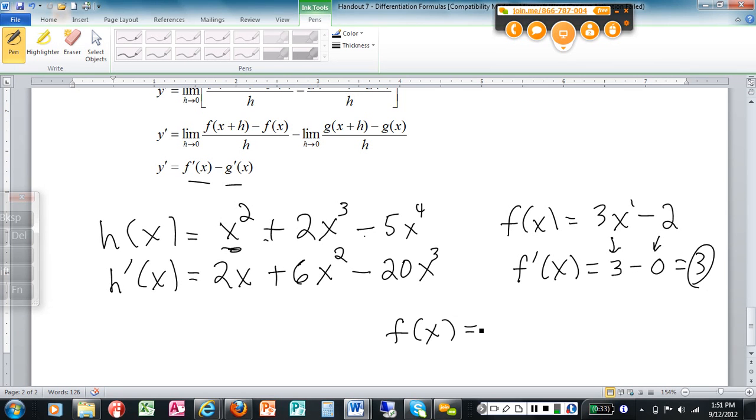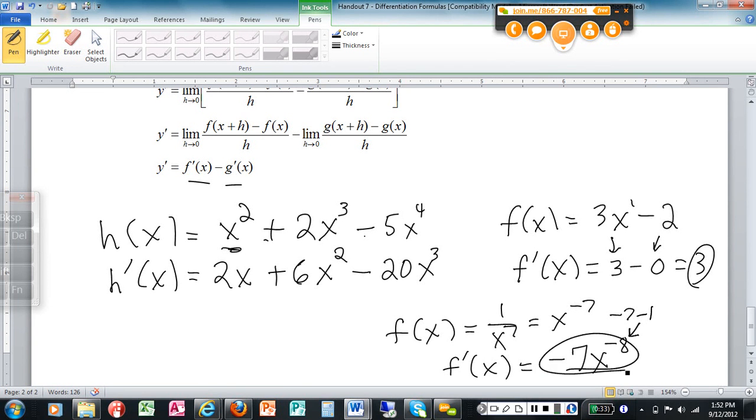F of x equals, what would I do with 1 over x to the 7th? So next to the 6th? No, the thing you want to do here is change that to be in the numerator. Flip it over. What would it be in the top? X to the negative 7. So I'm going to bring down the negative 7 and make it x to the negative 8, right? Because for the derivative, you subtract 1 from the original power. So the derivative is negative 7 x to the negative 8. I wanted to mention that one. Yeah, if you've got one,